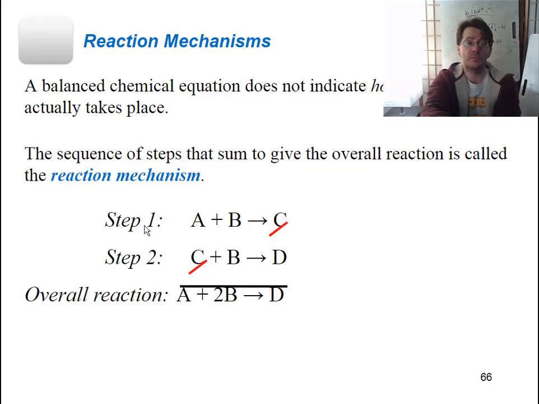So for instance, in this one, we have step 1, A and B combining to form C, and then C and B combining to form D. And so the first part of this reaction would be A and B reacting together. And then of course, C would show up in there at the end. But there's no C in this overall reaction, so this C would represent the presence of an intermediate that sort of is long-lived. This is not the transition state, this is an actual intermediate that sort of grows in and